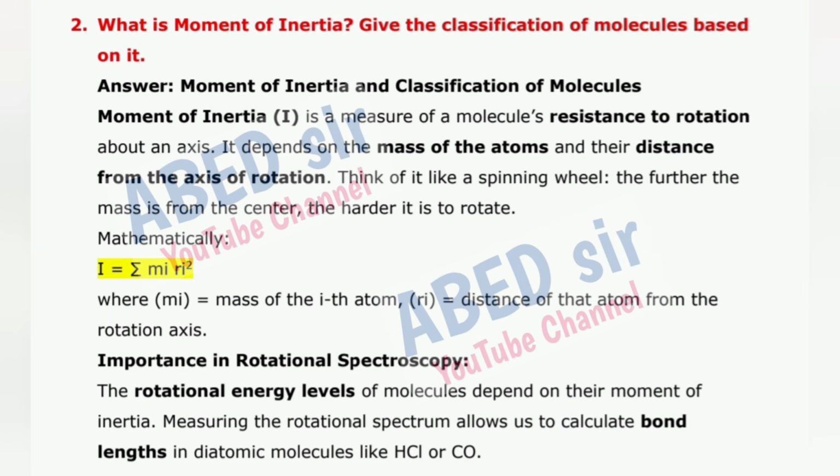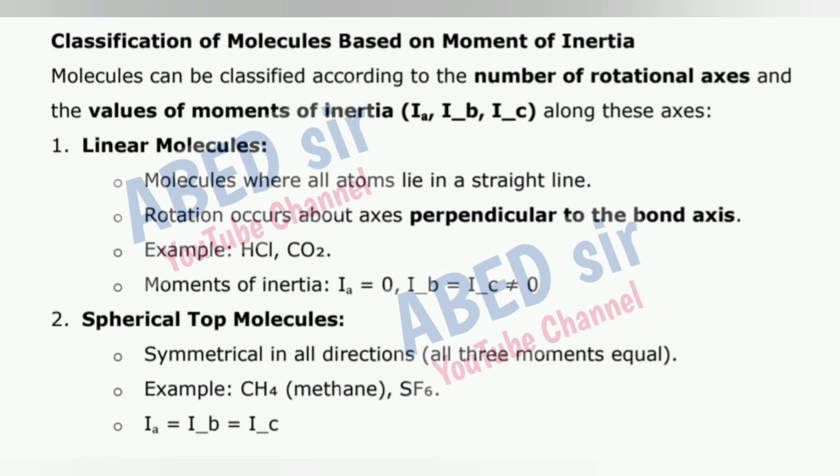Importance in rotational spectroscopy: the rotational energy levels of molecules depend on their moment of inertia. Measuring the rotational spectrum allows us to calculate bond lengths in diatomic molecules like HCl or CO. Classification of molecules based on moment of inertia: molecules can be classified according to the number of rotational axes and the values of moments of inertia I_A, I_B, I_C